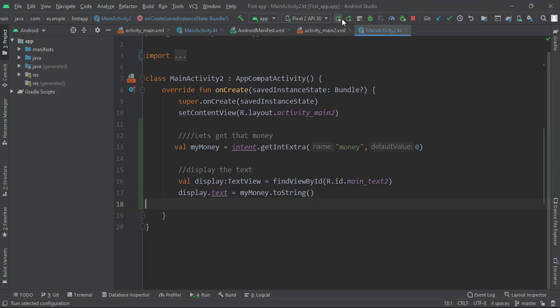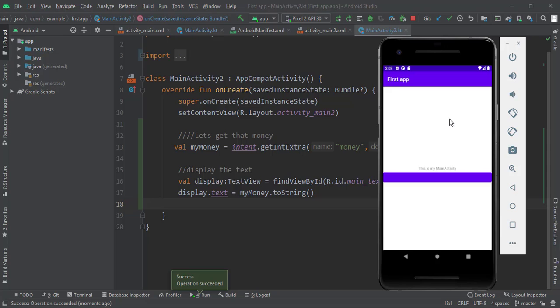So let's go ahead and run this and see what we get. We should get 20. All right, so this is our first activity. Go ahead and click this button. Boom, we got 20 right here. You see that? $20. All right,